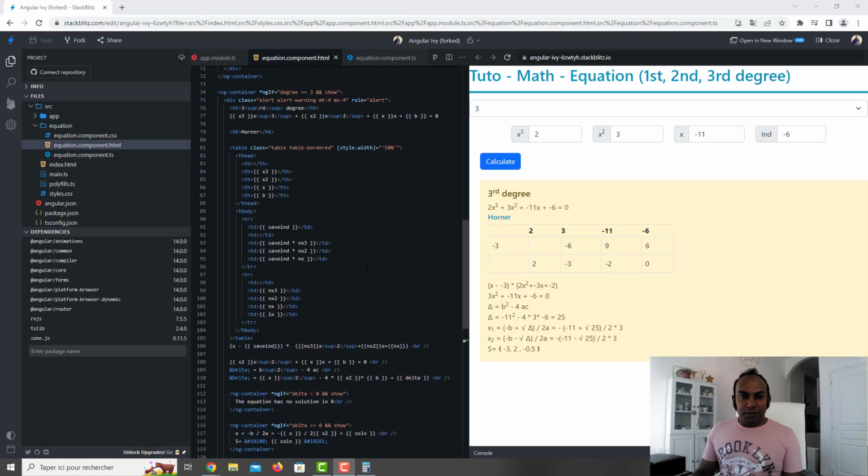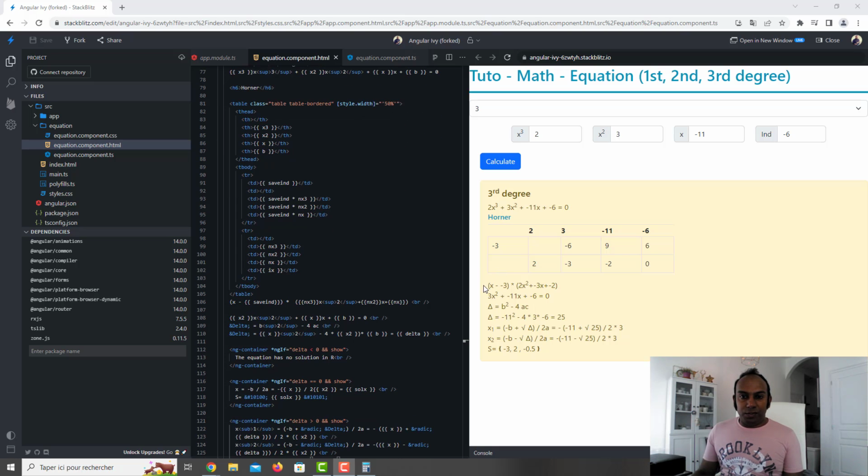What I did, I just wrote the equation, so it will be x minus the number that we have found here, multiplied by this number here, so it will be x squared, the x and the independent term, and this is 0. If it was another number, we must make the addition here, but it's not the case. And after, what we do,